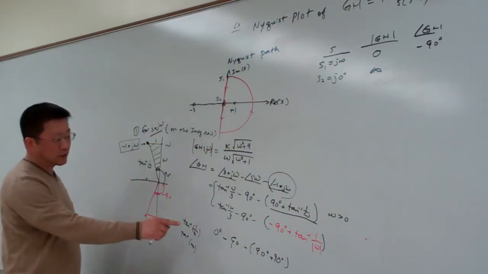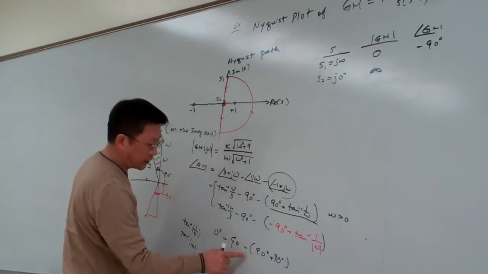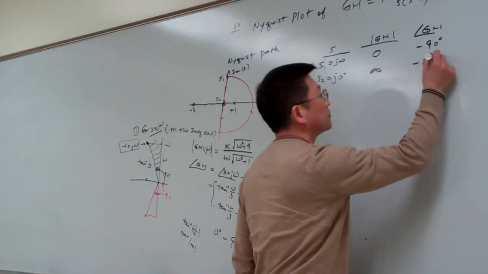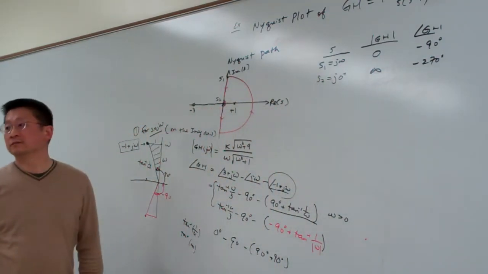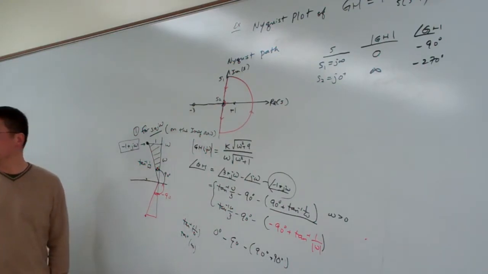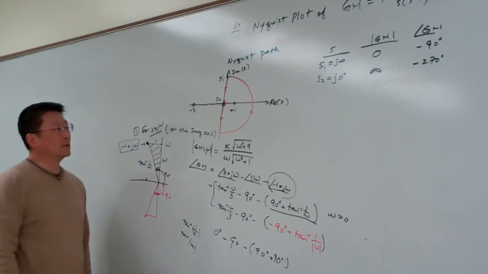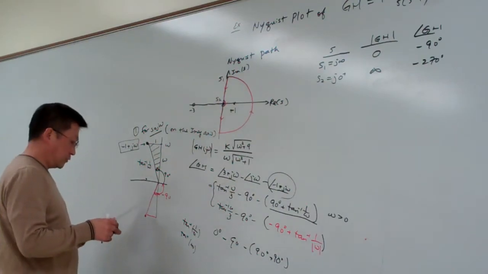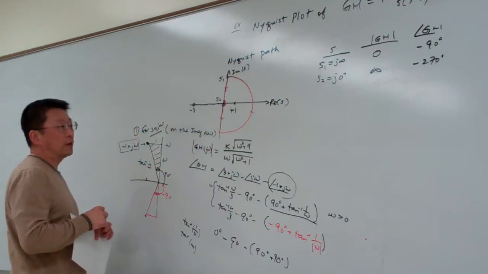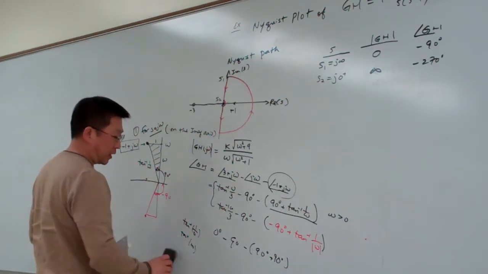So in this way, this case will be equal to how much? Minus 90 minus 270. That should be good. Okay? Any questions? Okay, so now for this one, and then the next one I want to make is this, and